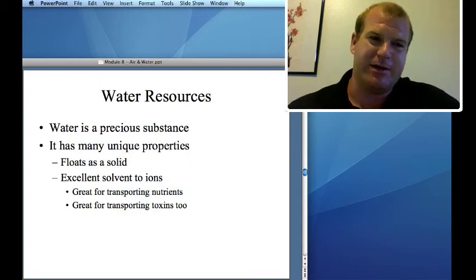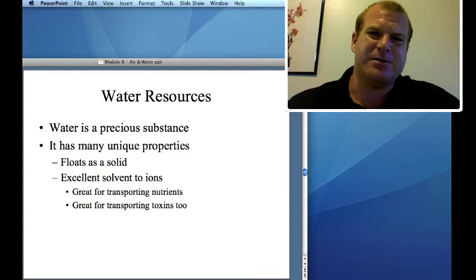As far as we can tell, the only other heavenly body that has a large amount of liquid on the surface is Titan. That's a moon of Saturn. But the Earth is relatively unique by how much liquid we have on our surface. And water is very precious. The Hawaiian word for someone to be rich or wealthy means that he or she has a lot of water. So water is very precious. It's very unique as well.